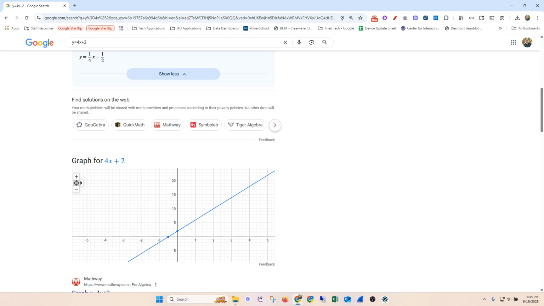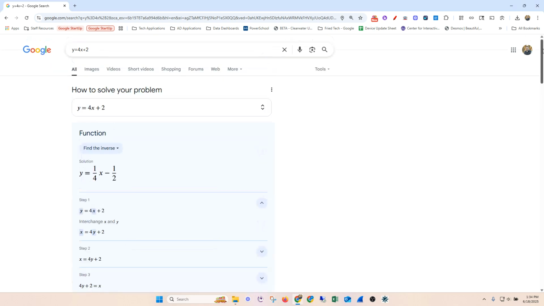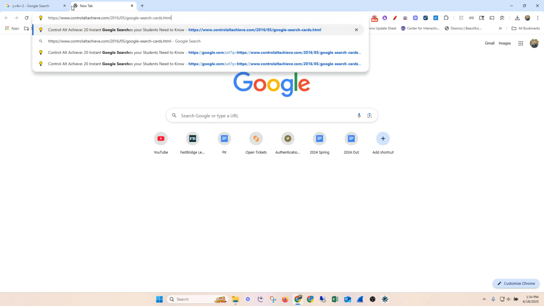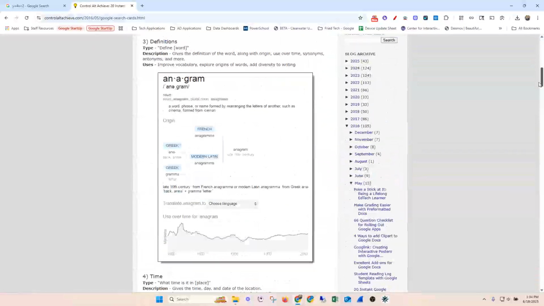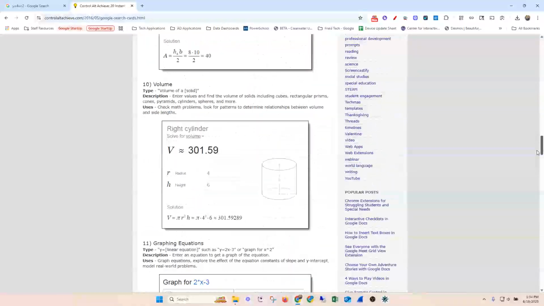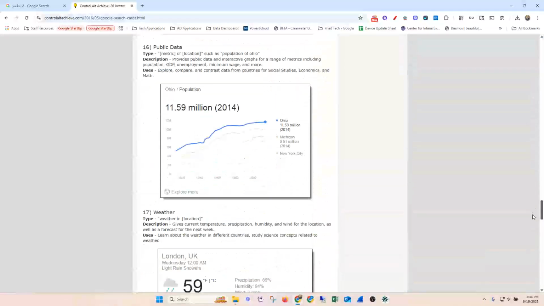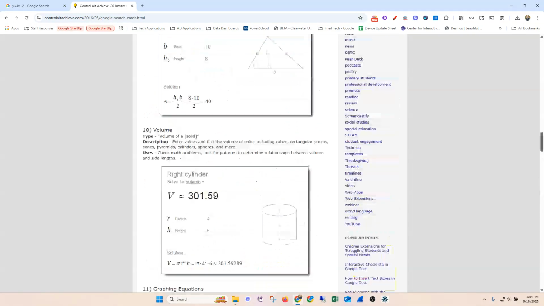Instead of having to visit websites, you can actually go through then and see those different instant search options that are there. And again, that article was linked, but it's also right here. So you can see those 20 search options of the different types of things that will pull up cards that might be useful to you and or